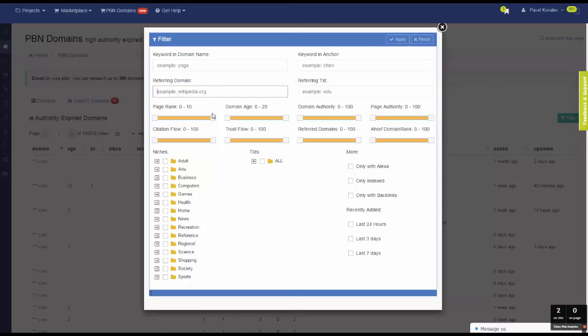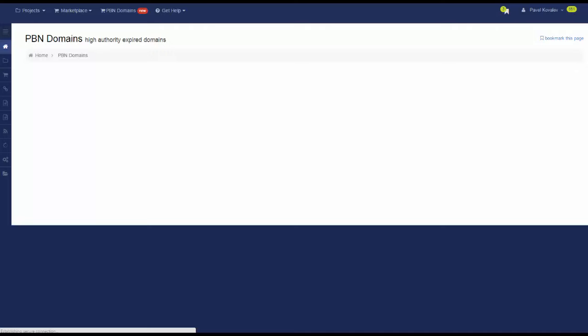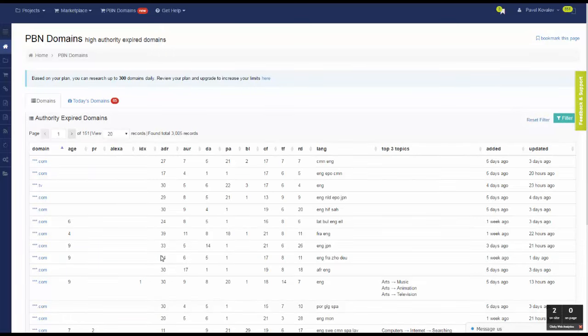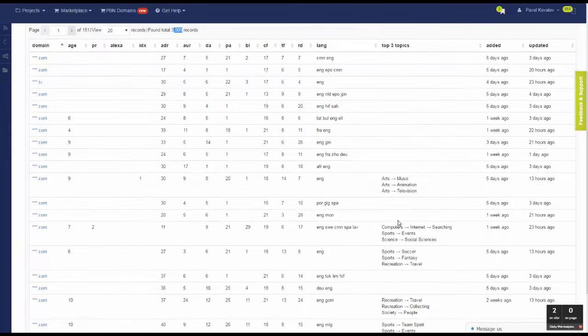Now with the RankWyz PBN domains, you can see all 3,000 domains that do have links from Wikipedia. So you don't need to go to the special seller that claims they did it all manually and find you